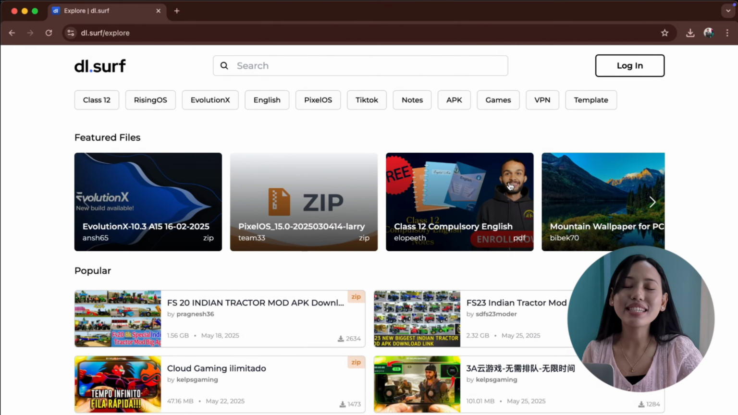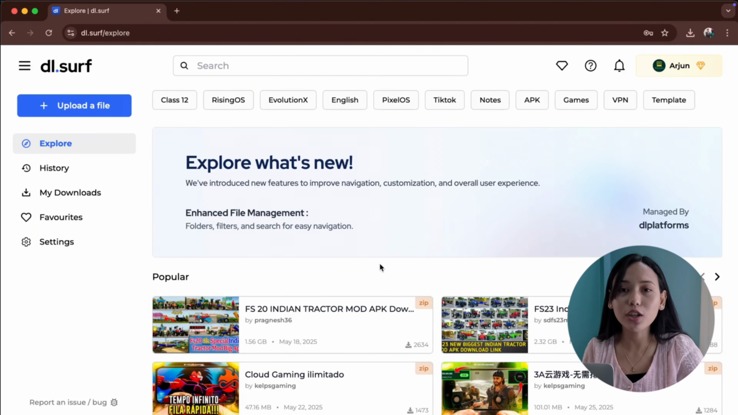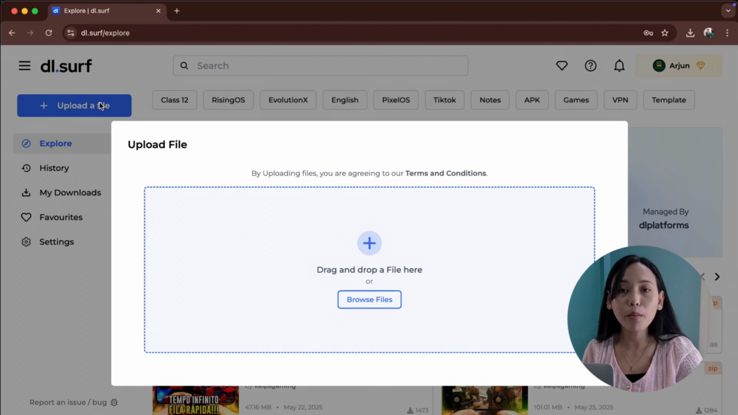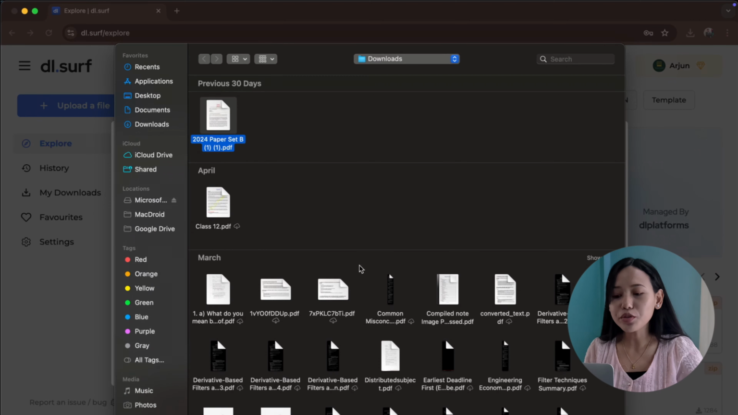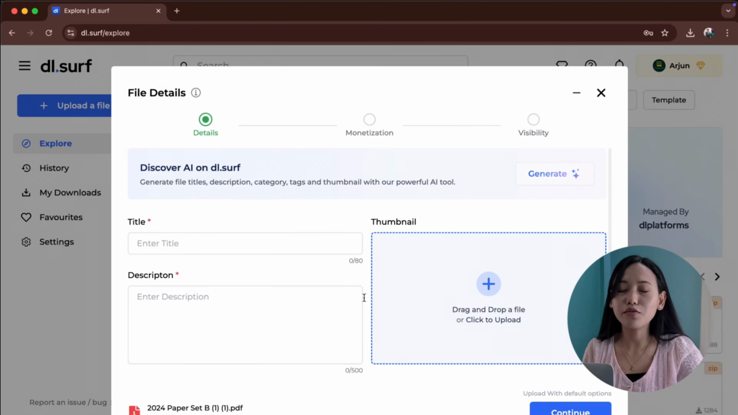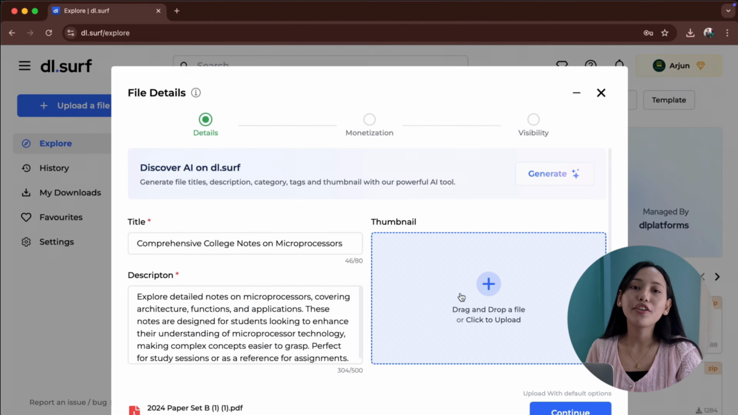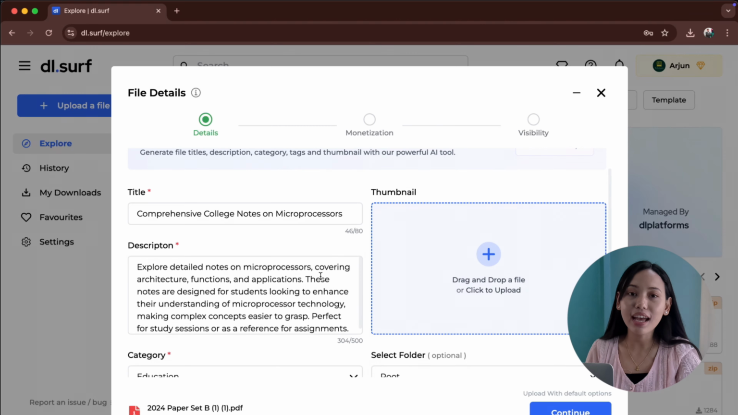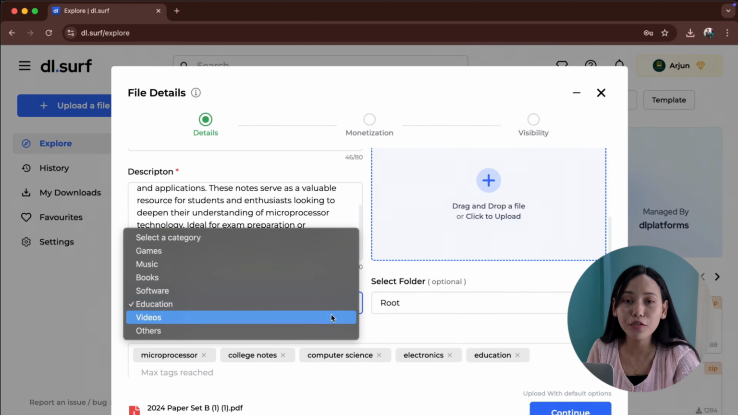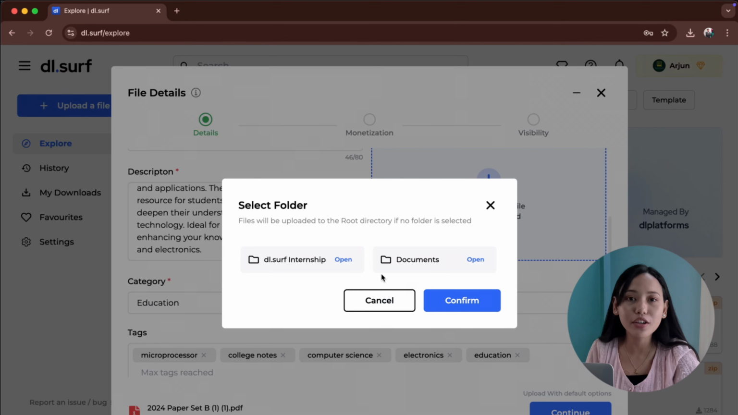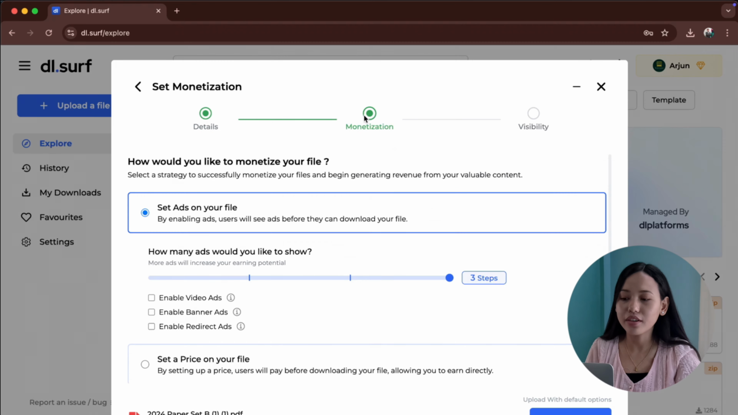Now let's visit DLSurf. You can log into your account, and once you are logged in, you can simply click on the upload button, which is at the top left corner, and then choose your file. You can choose your file details by yourself, or you can use our AI and give a prompt about your file. Review your AI suggestions and select the destination folder if required, and now click on continue, and here choose